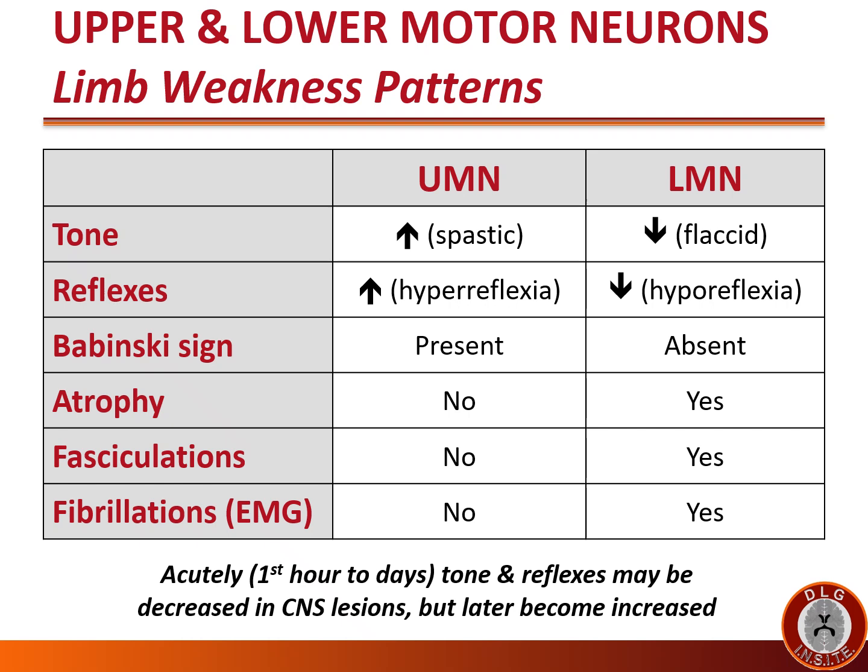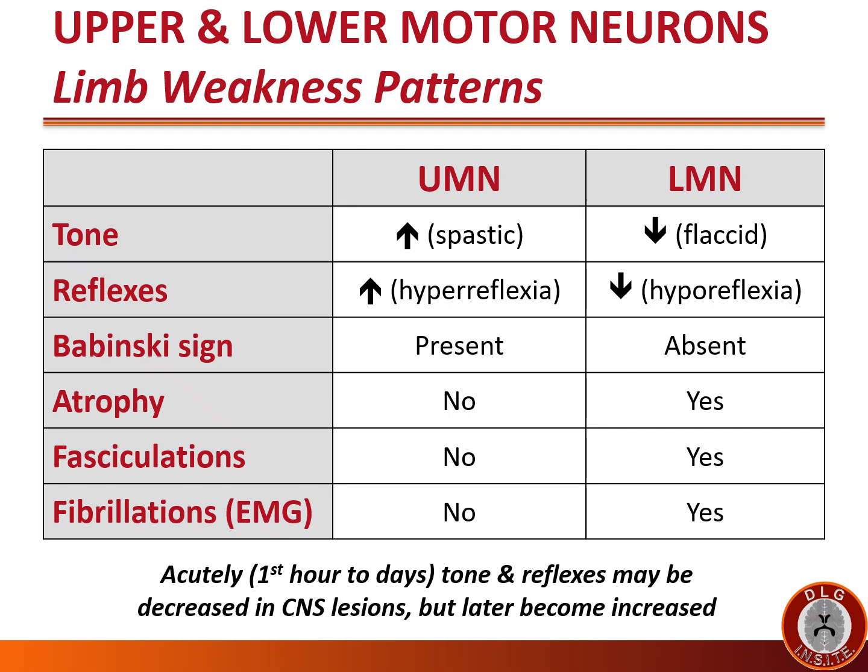Please realize that this differentiation of how to determine upper versus lower motor neuron was actually first discovered a long time ago, way before we had EMS. And now that we have EMS, we see patients with these lesions very quickly. Prior to that, you would see these patients weeks after their events. It turns out now that we see people as soon as they have a brain injury, such as a stroke or a spinal cord injury, early on, in the first few hours to days, upper motor neuron lesions actually present